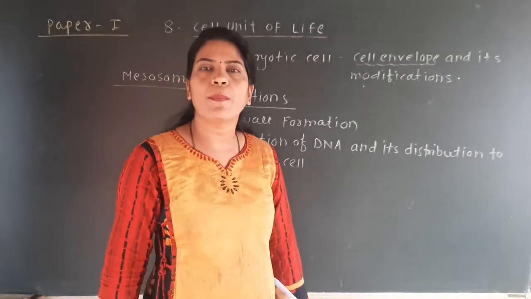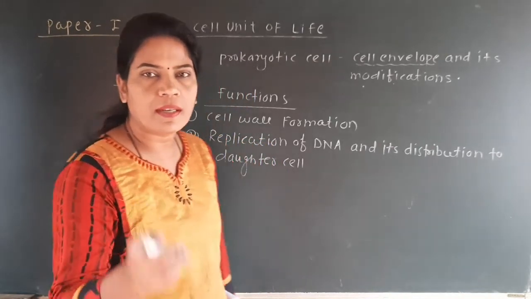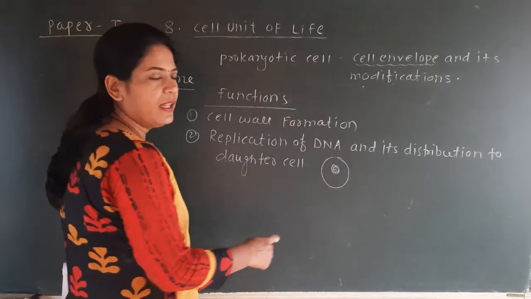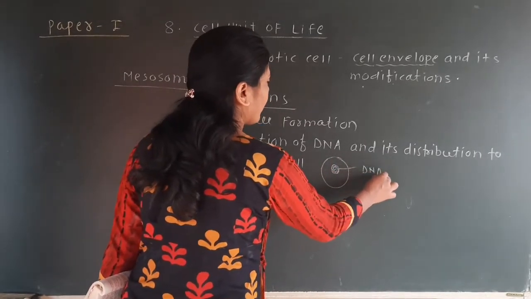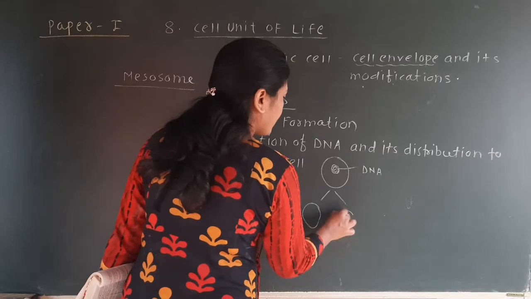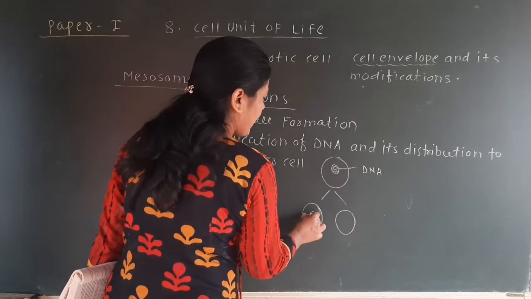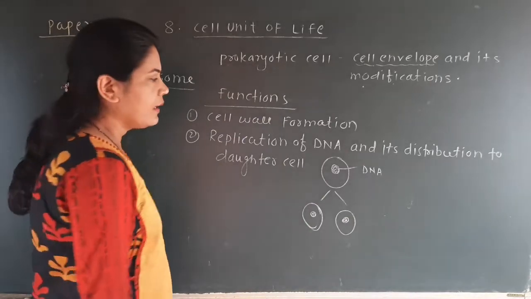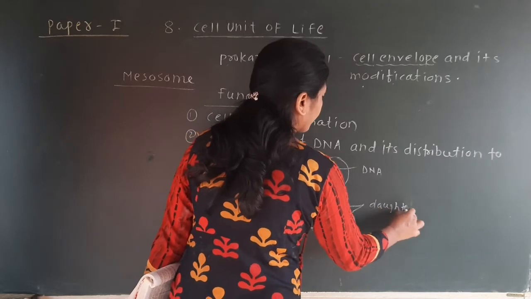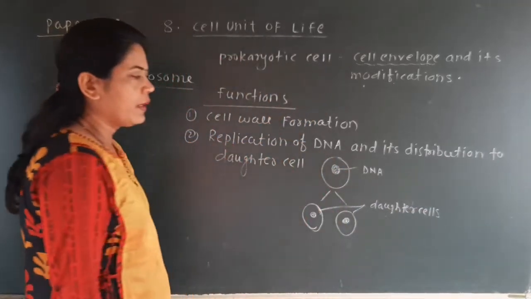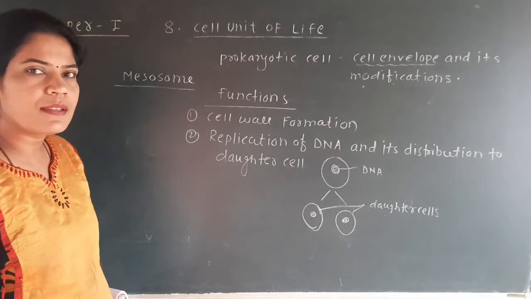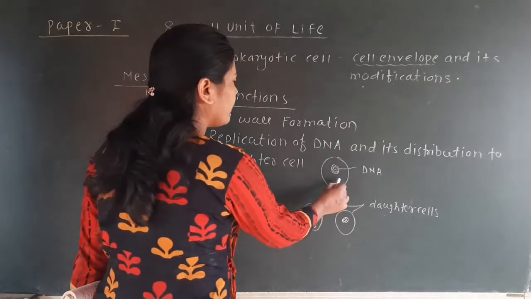आणि तयार झालेल्या मल्टिपल कॉपीज कुठे सप्लाय होणार आहेत? नवीन डॉटर सेलला. फॉर एक्झाम्पल सी हियर, दिस इज द बॅक्टेरियल सेल. It has its genetic material. Okay, this is called the DNA of this cell or the bacterial cell. When this cell divides into two cells by the process of cell division, you will find that these are the daughter cells. These daughter cells are formed by the division of this parent cell.